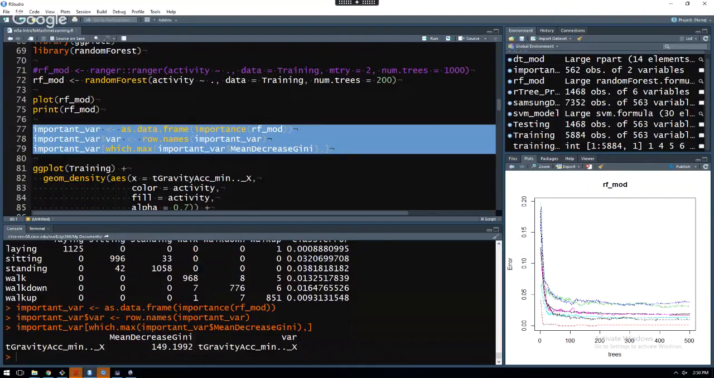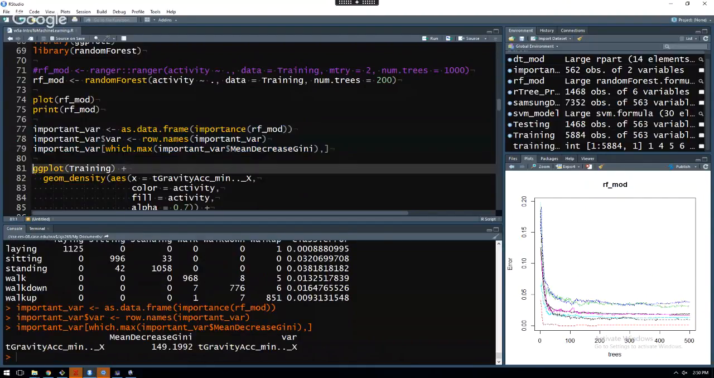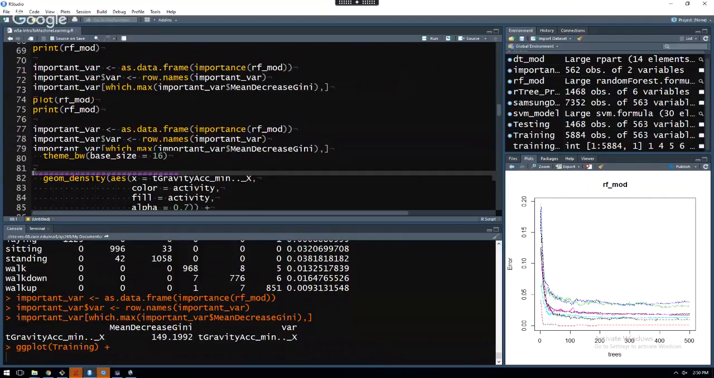And then if we plot this, what I'm doing now is I've identified that this t-gravity acceleration min is the most important variable in this case, which you'll actually remember from being on the previous decision tree as the highest one up. So if we actually plot this and take a look at what this variable is,